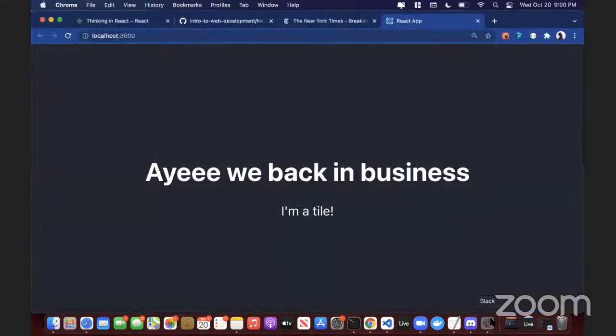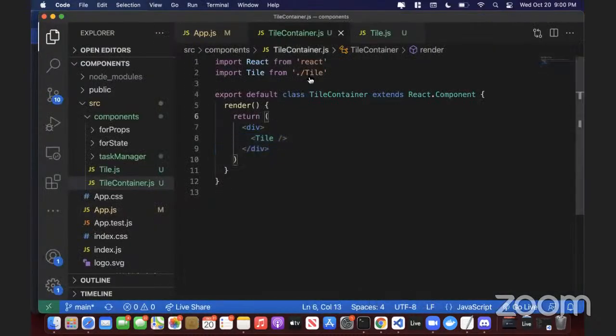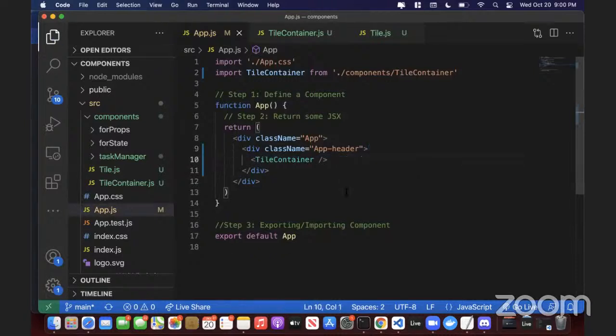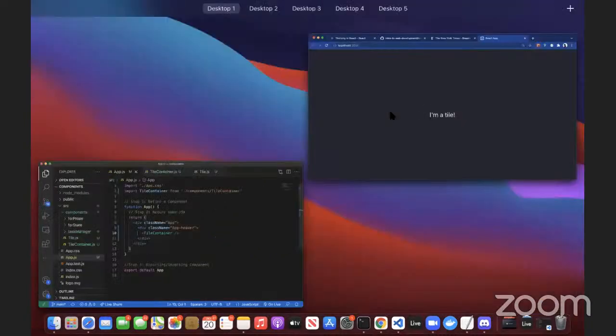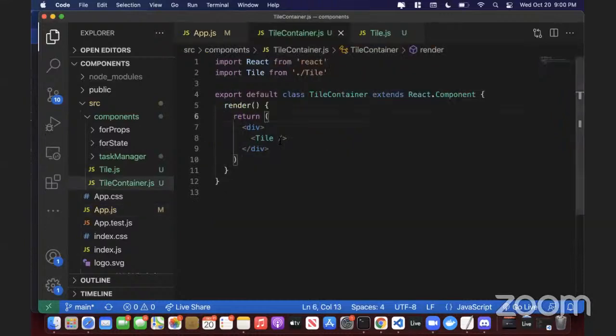So that's good. Let me quit this. So same kind of setup, nothing really changed except that the app.js is no longer returning anything crucial. I'm just going to move this so that it's just a tile container in there, and cool, we got that in there. So first thing we might want to do is add some more functionality into this application